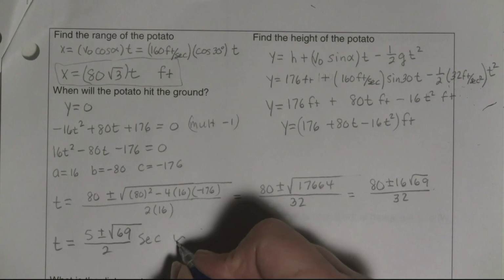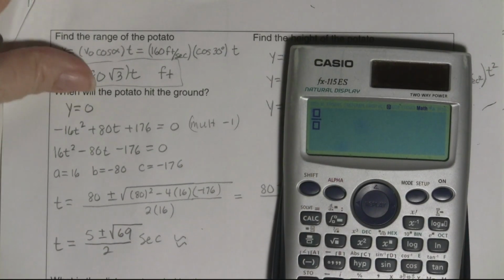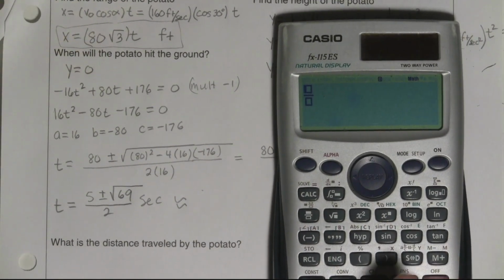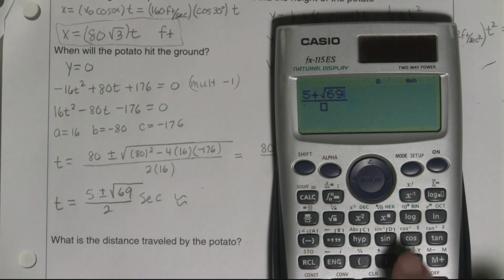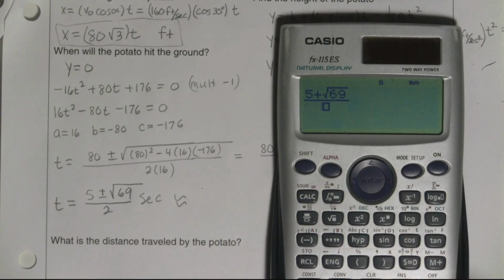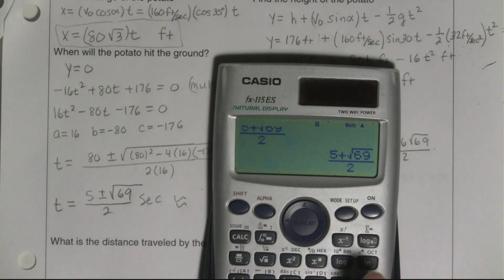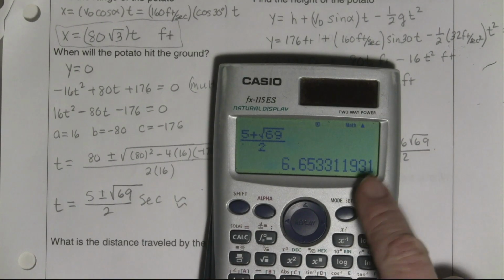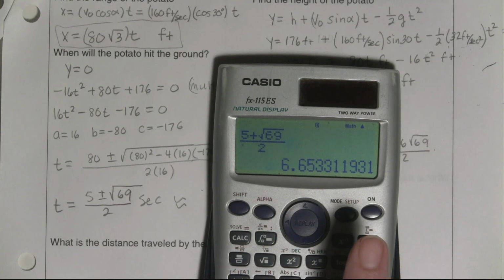And then if we rounded it and gave an approximate, I'm going to put that in my calculator as well. So put that up in the numerator. I am writing where you can see, am I not? 5 plus the square root of 69, downstairs a 2. I think the calculator might simplify that. Some of them won't simplify because it's just too gnarly. This one is, see how it says, this is what the answer should be. And I have to push S to D to find the answer. If I go to the tenth, it's 6.7